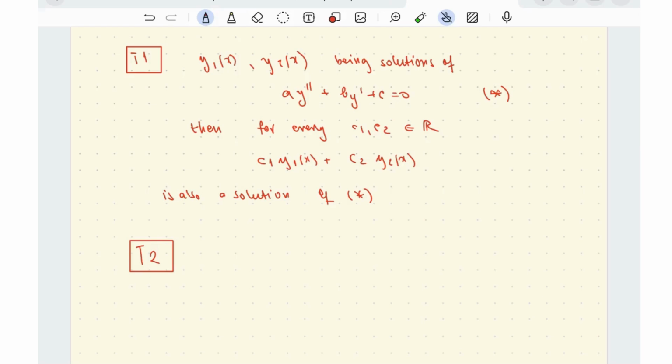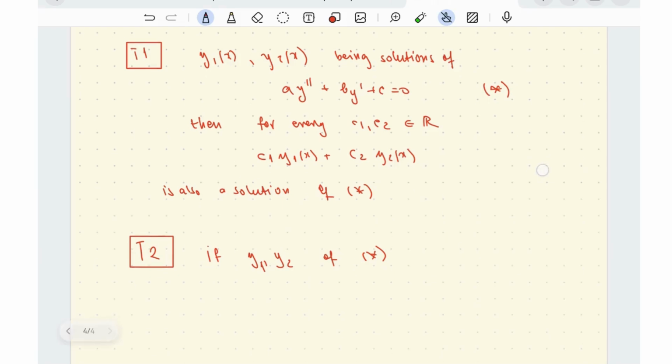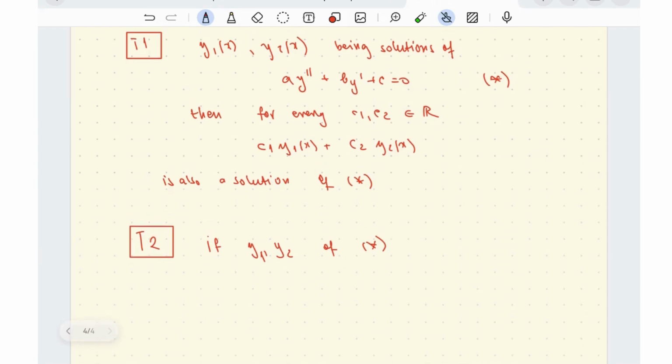The following theorem says if we have two solutions, y1, y2, of the equation that we discussed, and they are linearly independent,